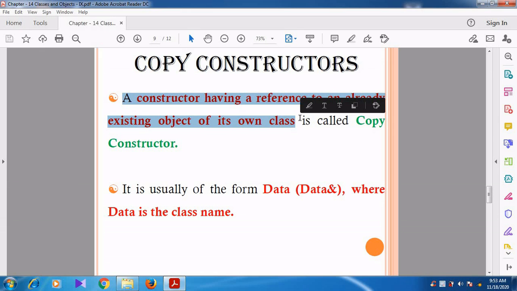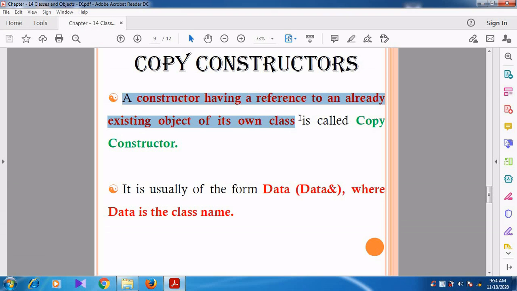We are going to copy the existing object to another object. Then that is called a copy constructor. Can you understand, students?